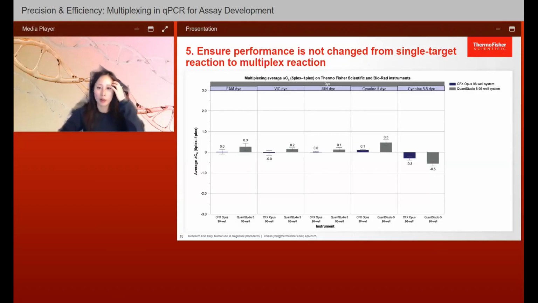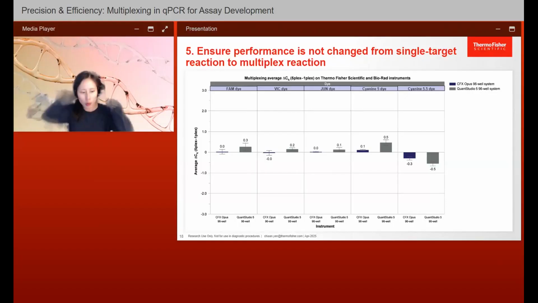Here I have a 5-target reaction, run with an individual reaction for each of the 5 targets in that multiplex, side by side on the same plate, and I'm plotting the delta CQ, so the CQ difference between single-target versus